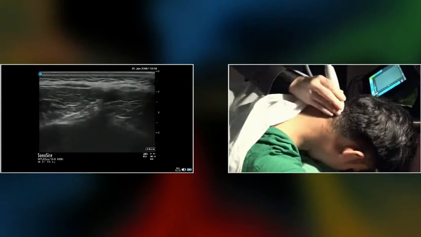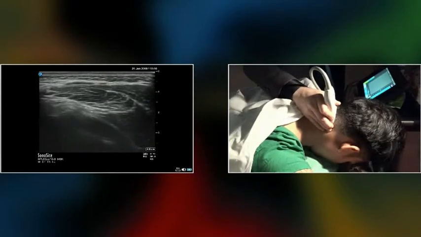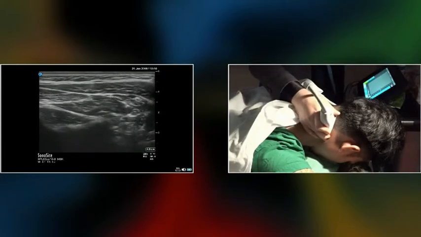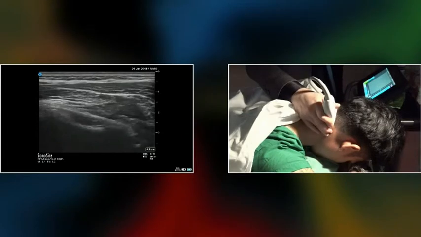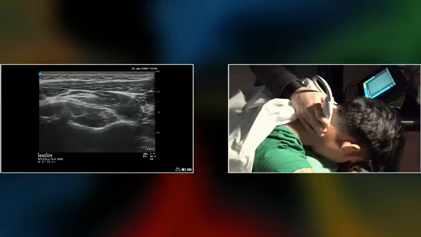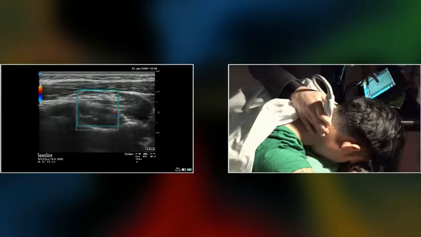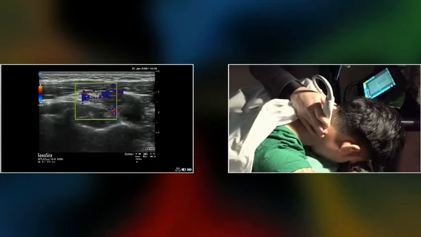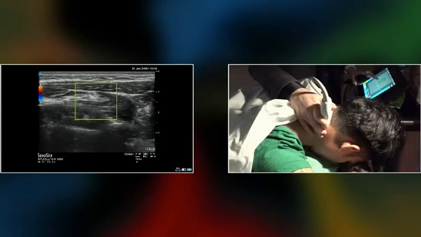middle, that's the C2, and then you would like to scan along to see the lamina. And you will see the layers of the muscles. The first is the trapezius. And then you would like, at this level, to turn on the color. So it's very important that you need to turn on the color Doppler, and then you will chase